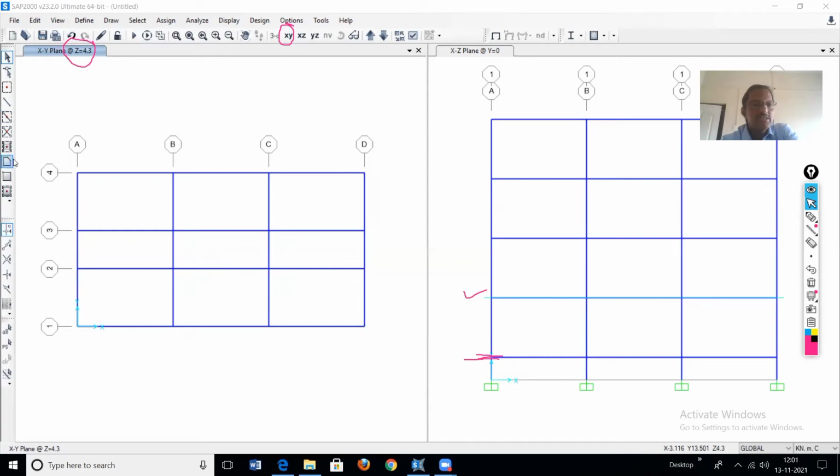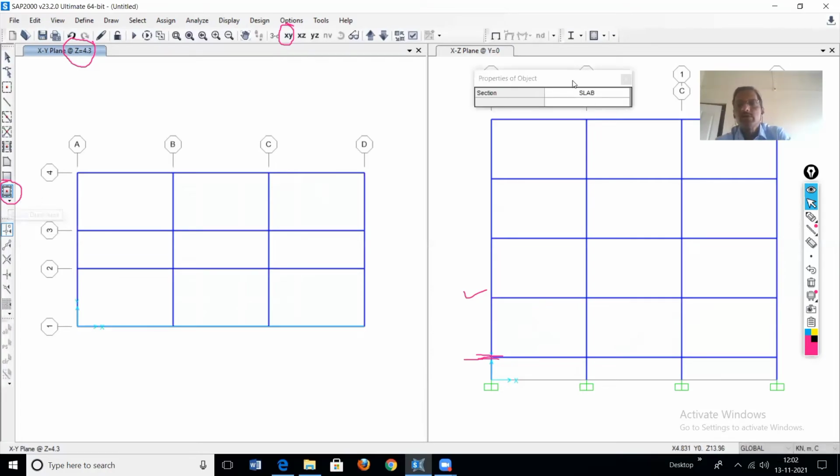To assign the slab, we can use this polynomial area command. Then one more command is there. By using this also we can assign the slab. So here we will use this command. Okay, just click on that. The name is quick draw area.